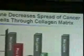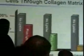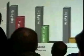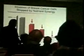Lysine decreases the spread of cancers through a collagen matrix. You're looking at lysine stopping the spread of breast cancer, colon cancer, and melanoma. And here you're looking at lysine invasion of breast cancer cells stopped by nutrient synergy. Lysine, vitamin C, proline, and then finally, about 3 years